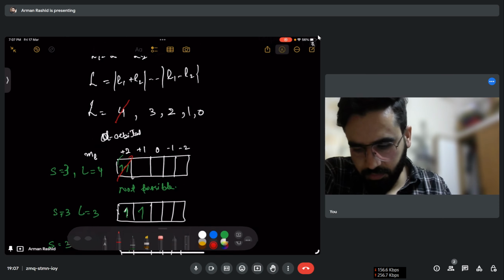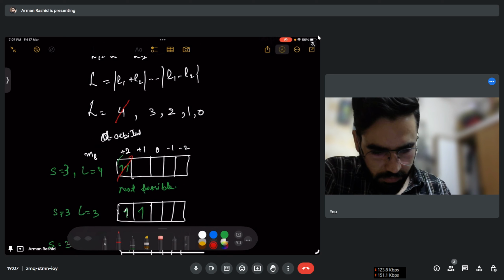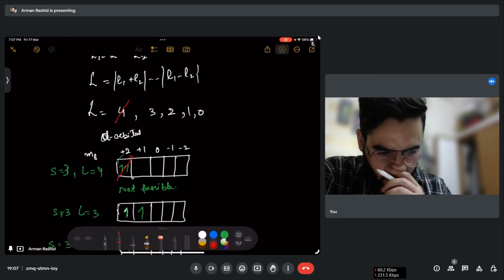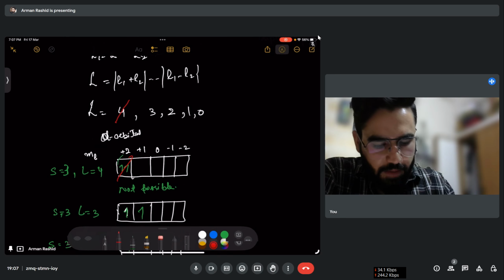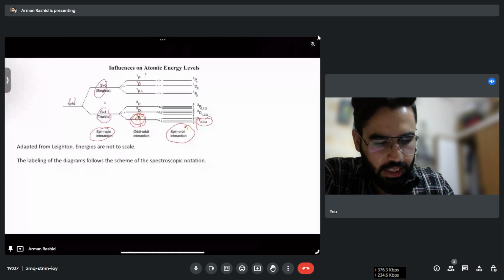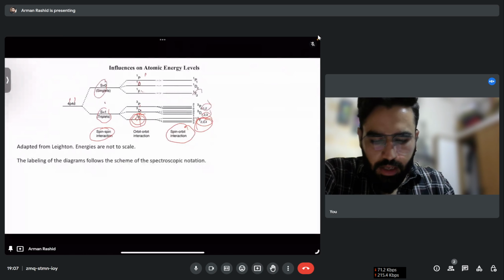Okay, so this is what I was saying. So now here it is shown that f is equal to 2 3 4, it has 3 states, this has 3 states, these are 1 states. Okay, you have to always remember while